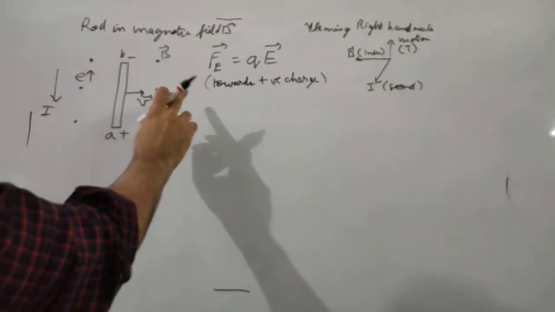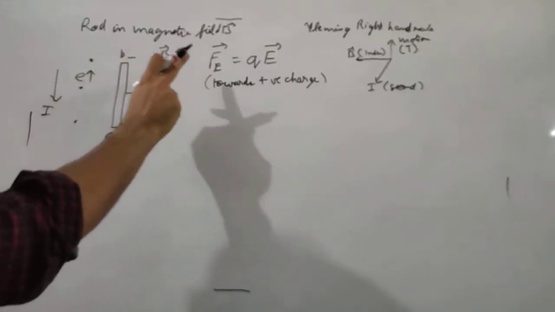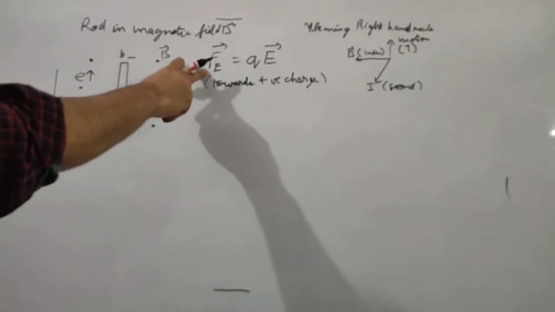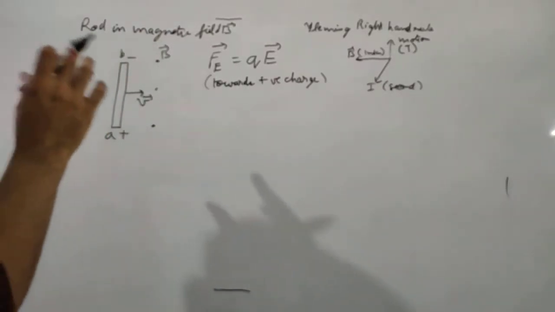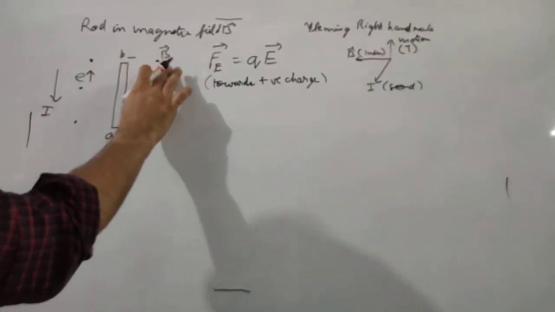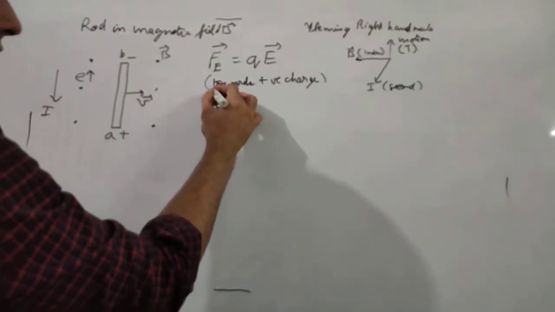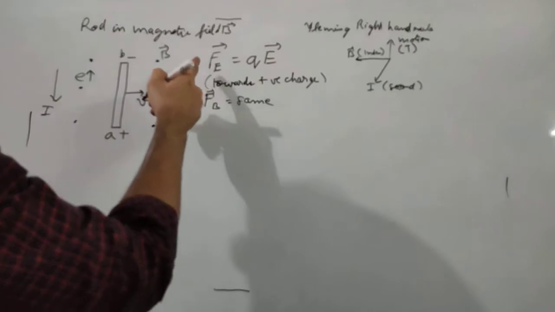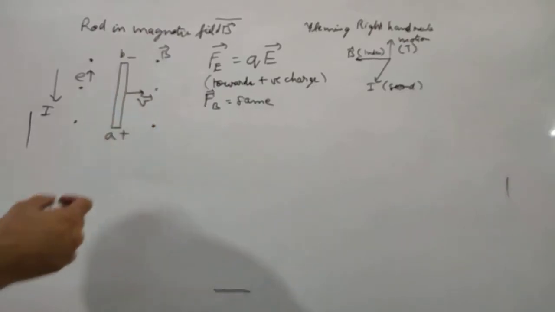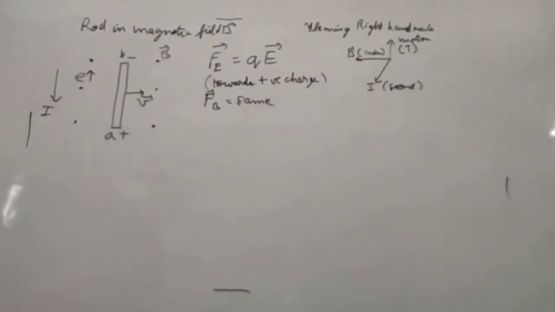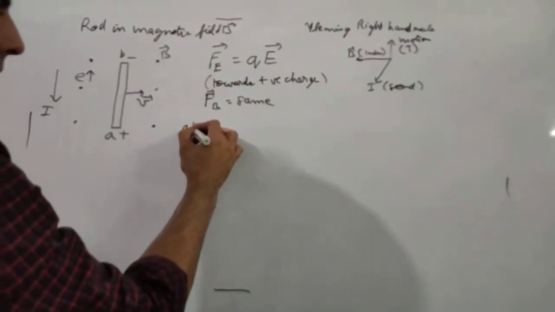the force of magnetism, the force of magnetic field was forcing electrons to go from A to B. Force of electric field will force the electrons to go from B to A. That means, because the force of magnetic field is constant, we are not changing the magnetic field, so this force is constant. So I will write it here, that force of magnetic field remains same. While force of electric field starts from 0, and as the electrons are moving, the force of electric field will keep on increasing.